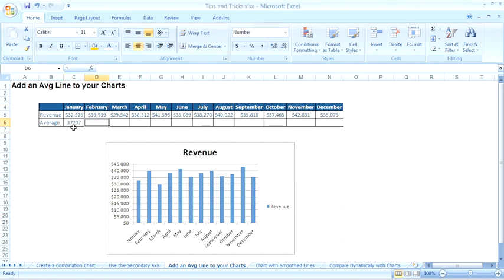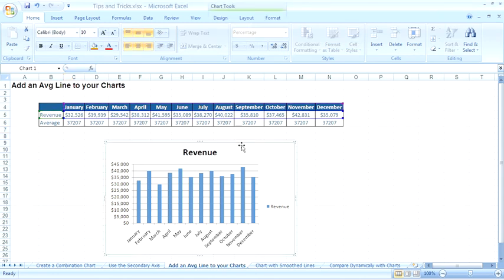Now I just want to repeat this number all the way across. And the easiest way to do that is just to reference this particular cell, equals that cell to the left. So this particular formula says grab the cell to the left. Now I just want to copy this formula all the way over here. So each of these cells say grab the cell to the left. So this grabs M6. This grabs L6. So the end result is you have an average data point that is the same number consistently from January to